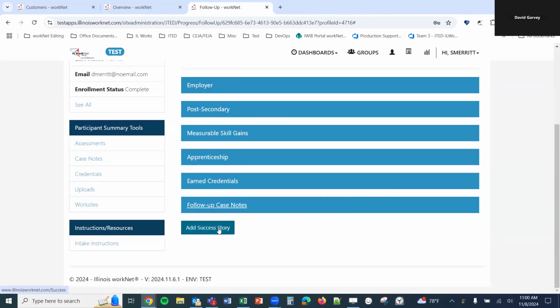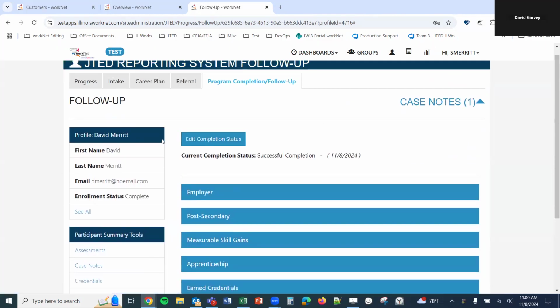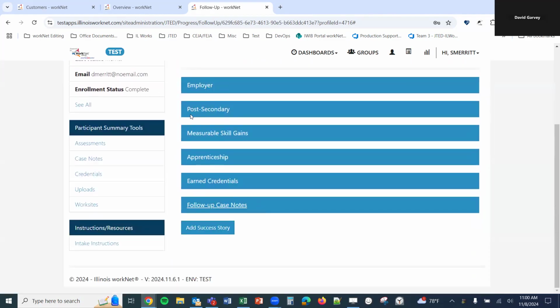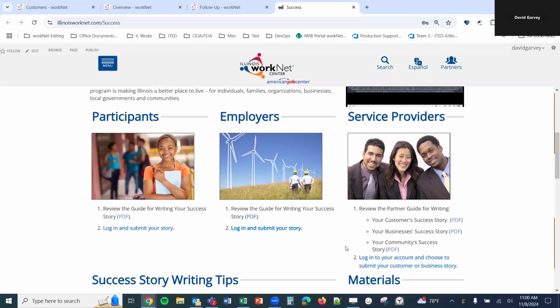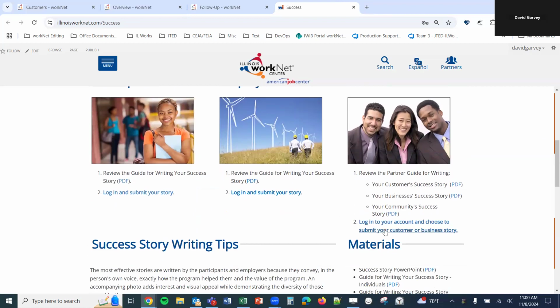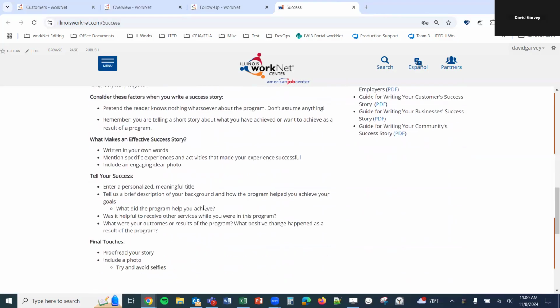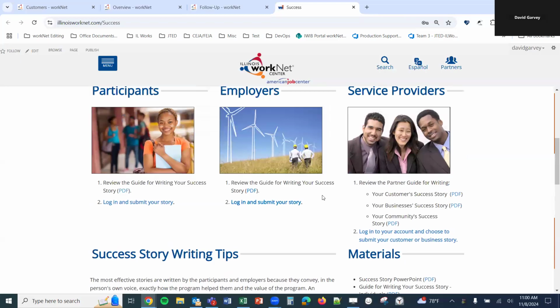And then the last section here is adding a success story. So, once the customer is completed and exited, they've entered employment, post-secondary, apprenticeship, and so forth, measurable skills gains. You can click to add a success story, and this will take you to our success story guide in Illinois WorkNet. And this is just information about how to submit a story. And if you're submitting on behalf of a customer, you can select this to do a search for the customer and enter their success story so that it will appear within our success stories